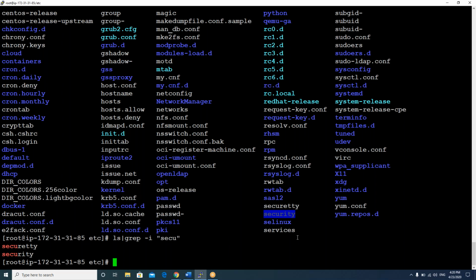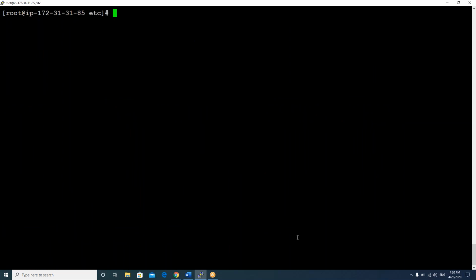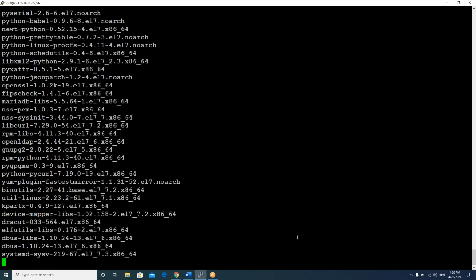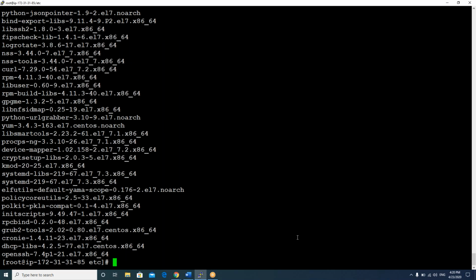Just clear the screen. rpm space hyphen qa. Can you run that command once? rpm -qa. So what will this command do, can you press enter? This command will show all the installed applications in your Linux box. So I want to search whether the Java package is installed or not. If I run simple rpm -qa, what will happen? It will show the complete list. But I don't want the complete list. I want to list only Java. So what should I do?